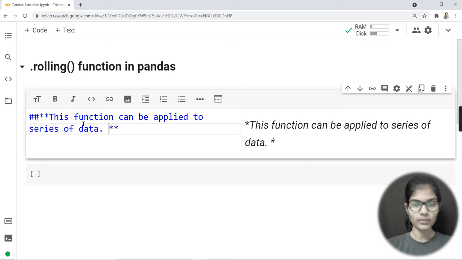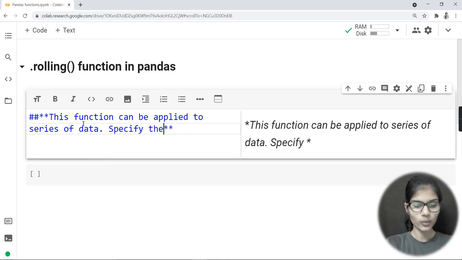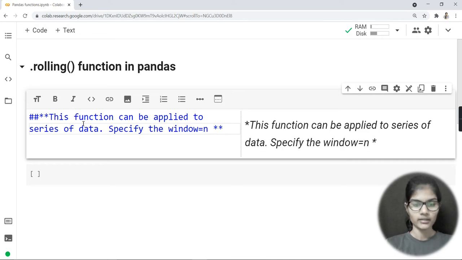The procedure is that you need to specify the window. Window is one of the parameters we have in this function. So specify window equals n, the window equals n argument.